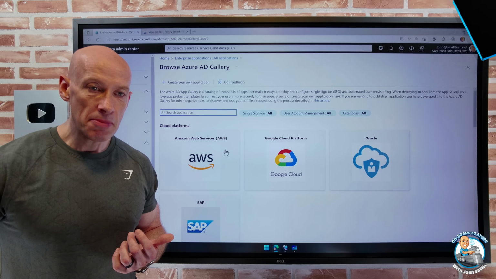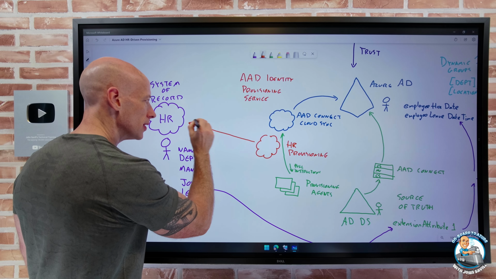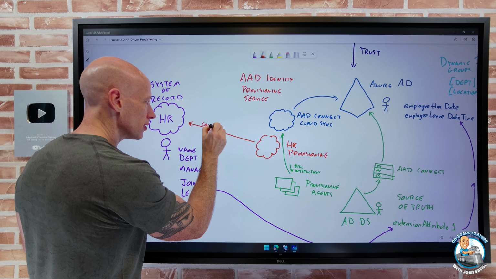So that is just one of them. But another very big one, well, I guess I'll draw it here. There is an HR provisioning service. And obviously that's the one we're going to focus on here. And the way this works is the HR provisioning service will establish an outbound connection. So this is our connection